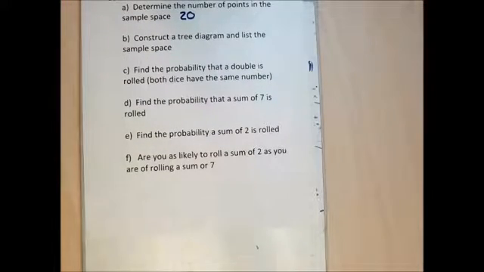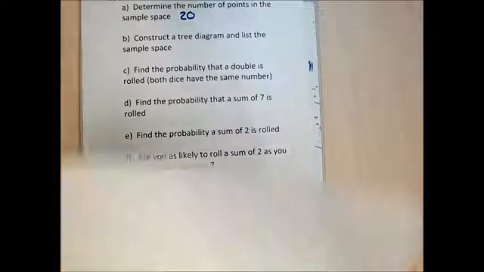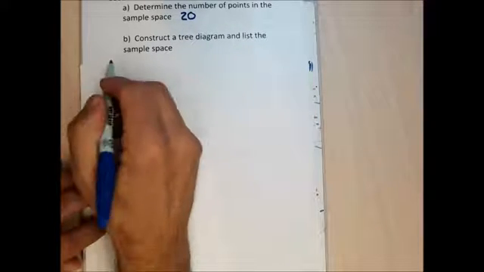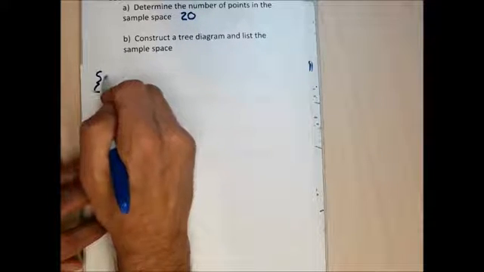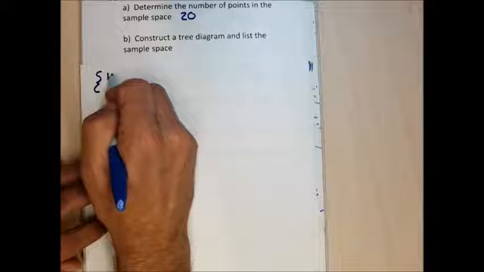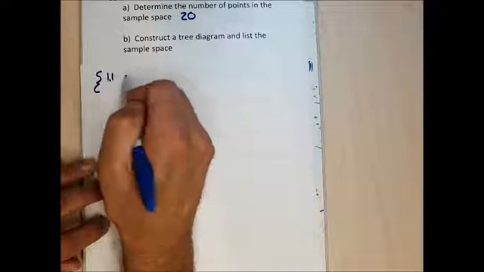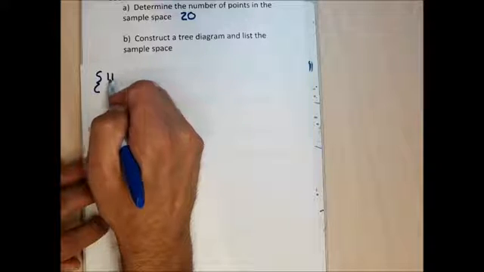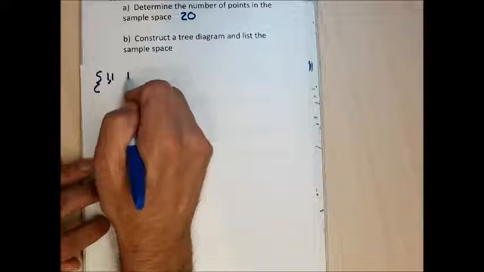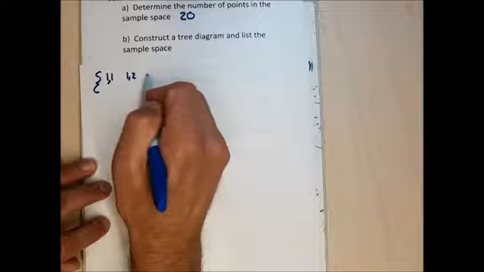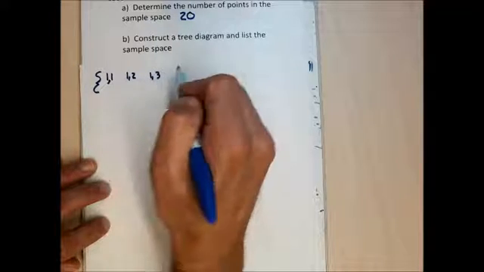I'm going to write this on another sheet of paper just to make my work a little bit easier. So the sample space that I came up with was rolling a 1 and then a 1. Rolling a 1 then a 1, rolling a 1 then a 2, rolling a 1 then a 3, rolling a